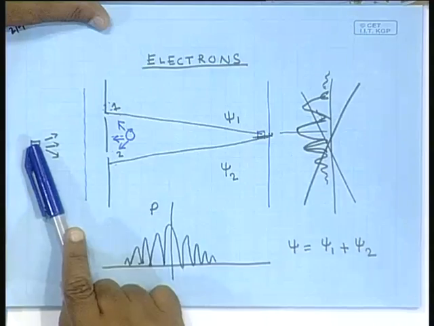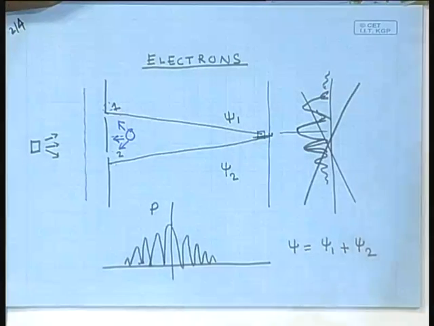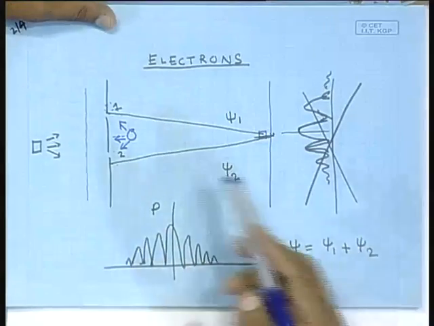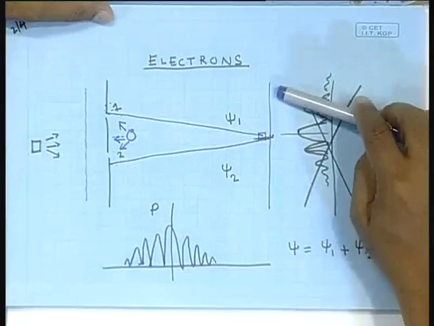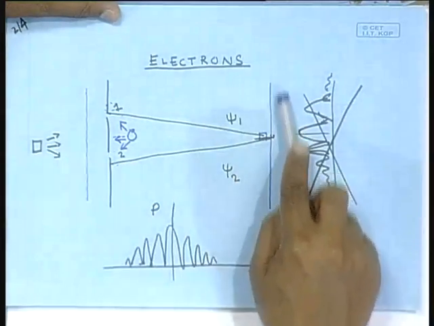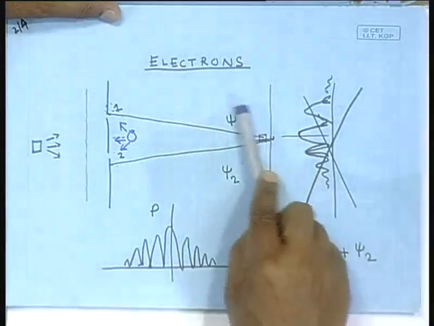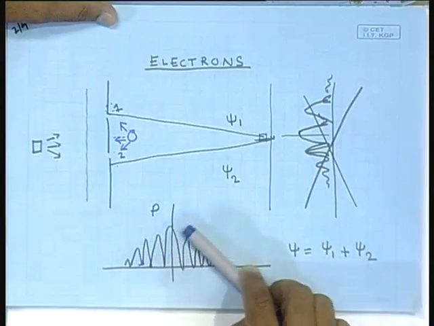Good morning. In the last two lectures, we have been discussing a situation where we have electrons coming from an electron gun onto a screen which has two slits. If we look at the pattern of the arrival of the electrons on a distant screen, the electrons can arrive through these two slits, and if you look at the pattern of the electron arrival on this distant screen, you will find that there is something which looks like an interference